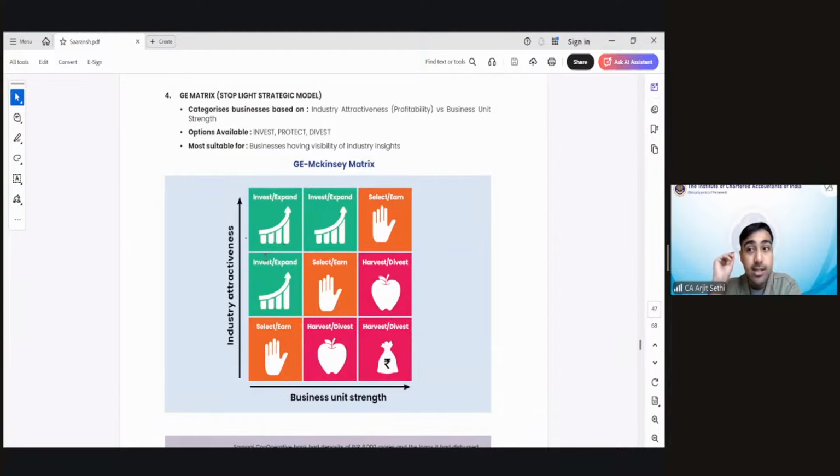In some industries the customer can't even bargain. In some industries, whatever you ask for, the customer will give because they have no knowledge of it. That is industry attractiveness. Multiple examples: you make only 2 to 3% profit in a cement plant. But if you are in a service industry like a CA firm, your margins can be 50-60%.